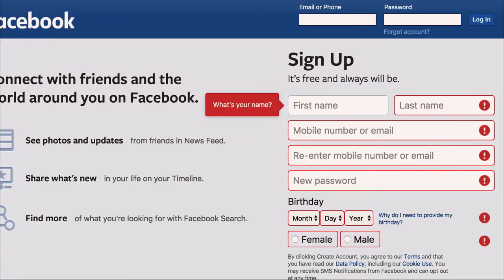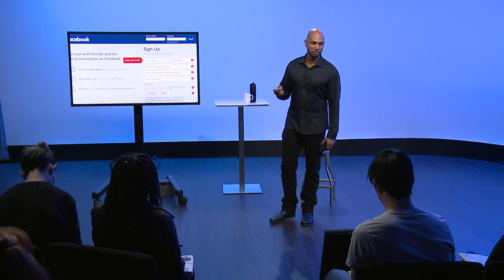Another good one is, if you're signing up for Facebook, those few people that don't have a Facebook account yet, and you just click submit without entering anything, it puts an exclamation point around everything. It gives you two indicators of where something went wrong, but it never actually tells you that you did something wrong, right? So it's giving you really good feedback, but it's also doing it in a way where it doesn't make you feel stupid, because one of